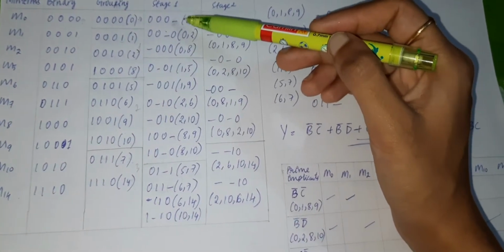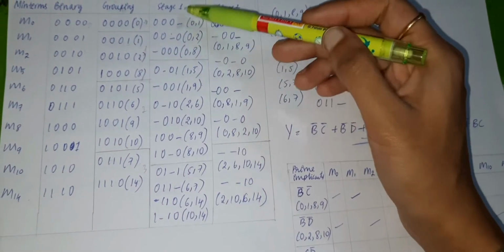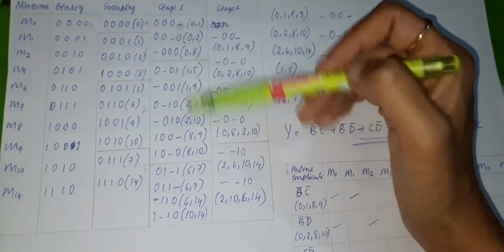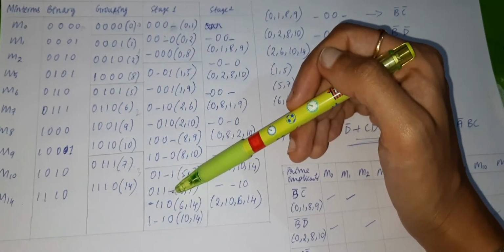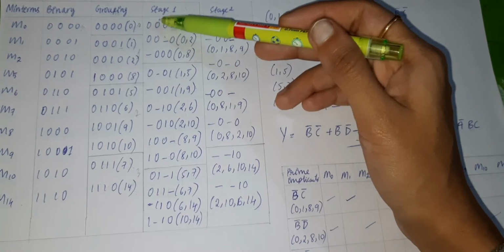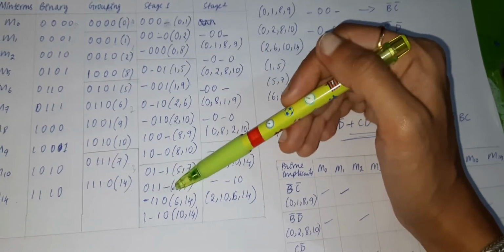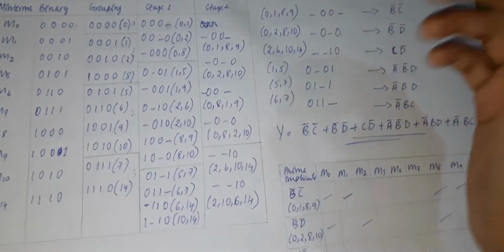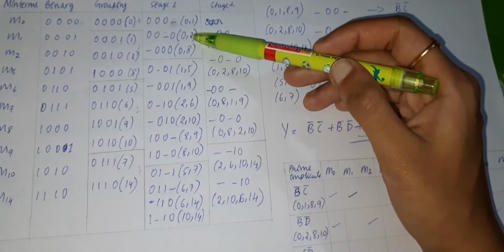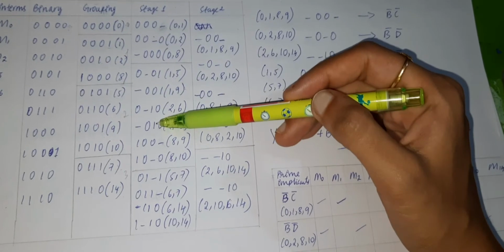So similarly compare this group with this group. You see if there is a blank space in the last, so here we have one, so 0 0 0 1 0 1 1 1, so it is differing by three places, so you cannot consider that term. So similarly take this term and compare this with this.